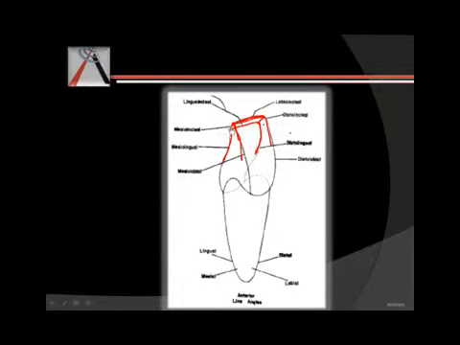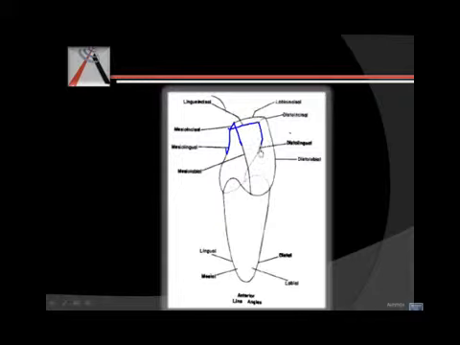What we are not counting when we are counting the line angles, we are counting these 4. I'll just mark it in blue. We are counting this, this, this, this, and then we are counting the junction of labial with incisal and lingual with incisal. We are not counting these two small line angles. That is what your book says. It's not that I tell you not to count these lines. Your book doesn't count these lines. That is why we have 6 line angles in your anterior teeth.